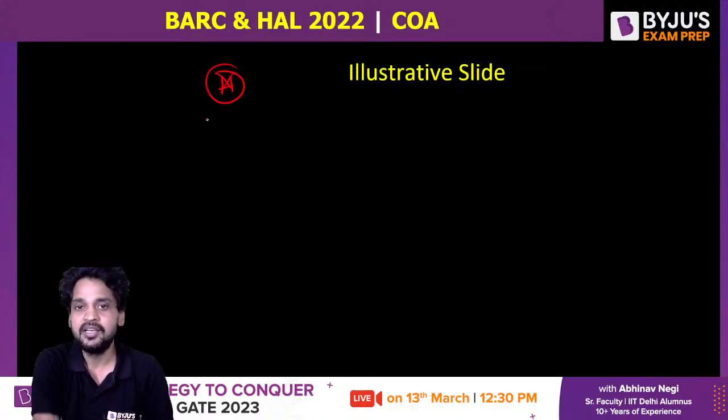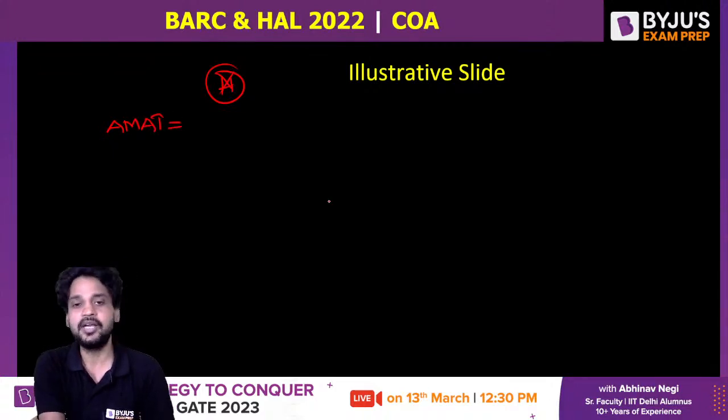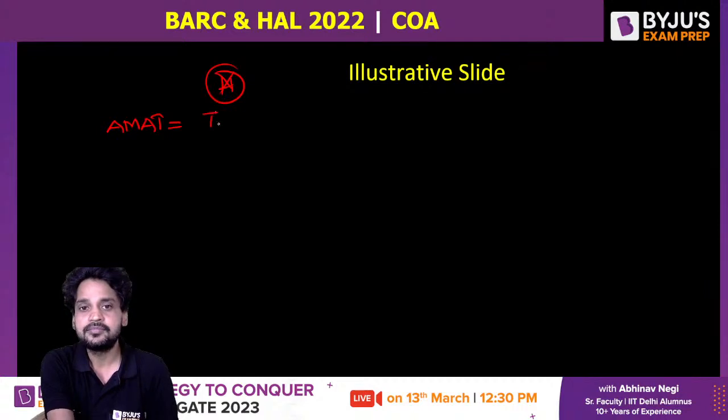If the hit rate is not provided, let us understand. Average memory access time will be equal to, okay, T1, when we are not provided with it, this is the shortcut formula, T1 plus